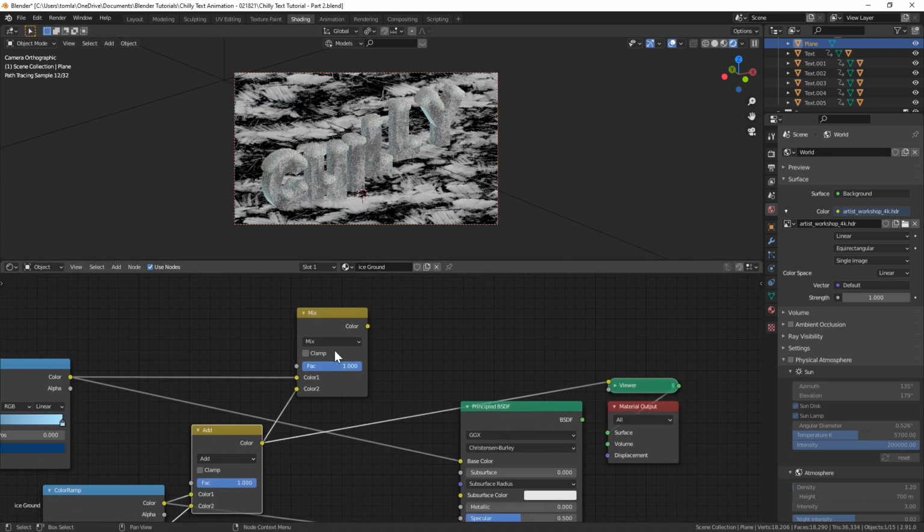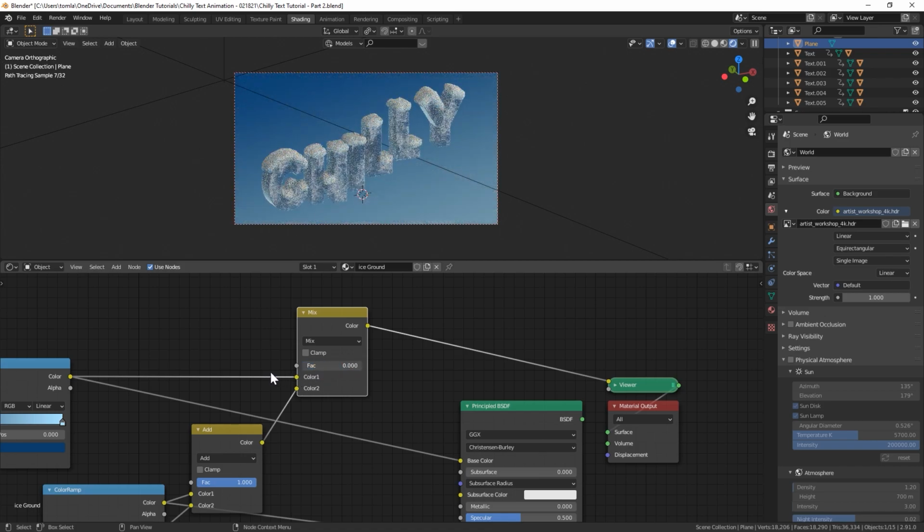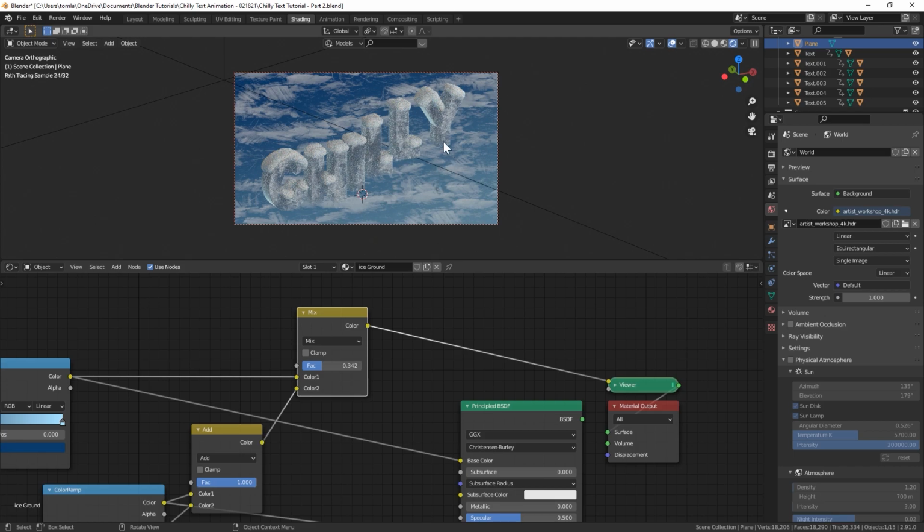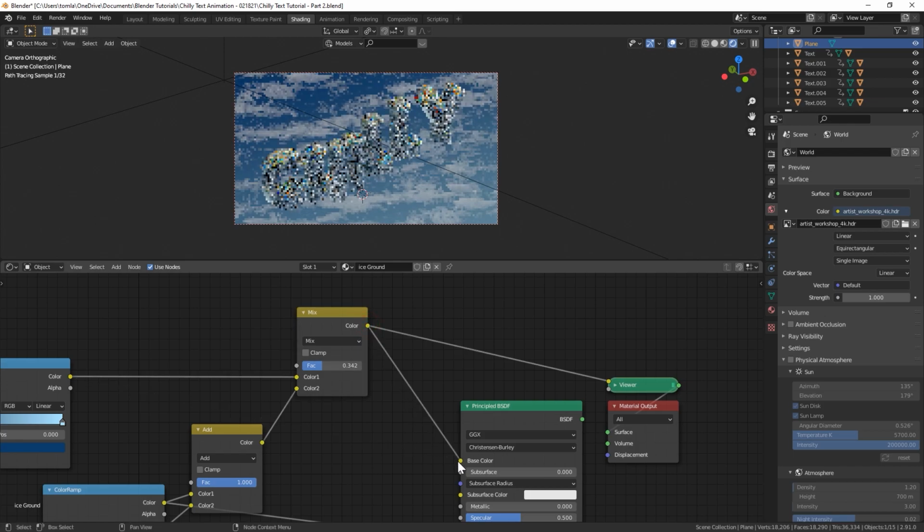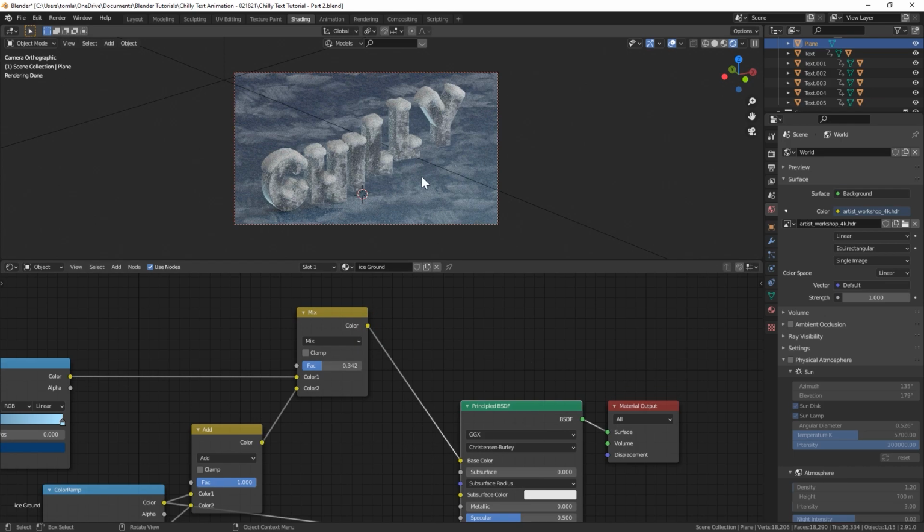Put that right there. Now if you look at that, 100% mix, it's not looking good, but if we bring this down to like 0.3, 0.4, you're going to get some snow on top of our color, and you're also going to get those scratches. Now we could plug that into the base color right here, and that's looking a lot better.